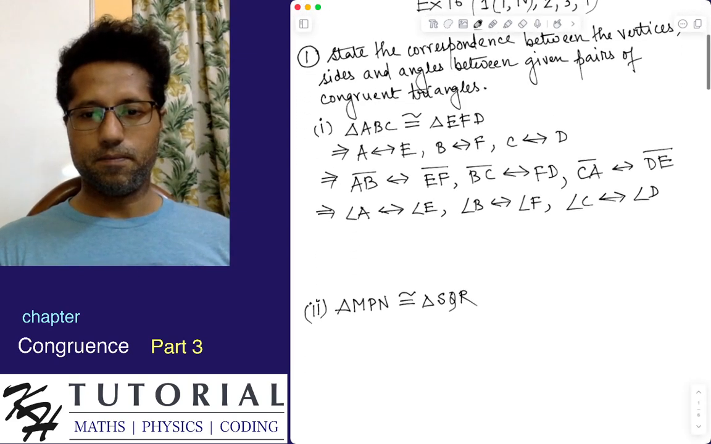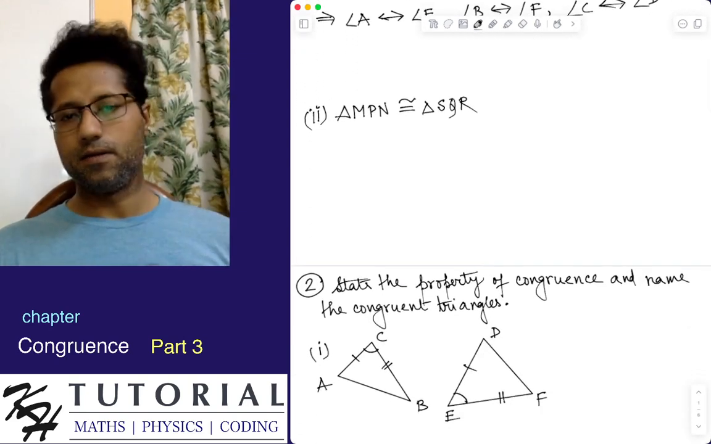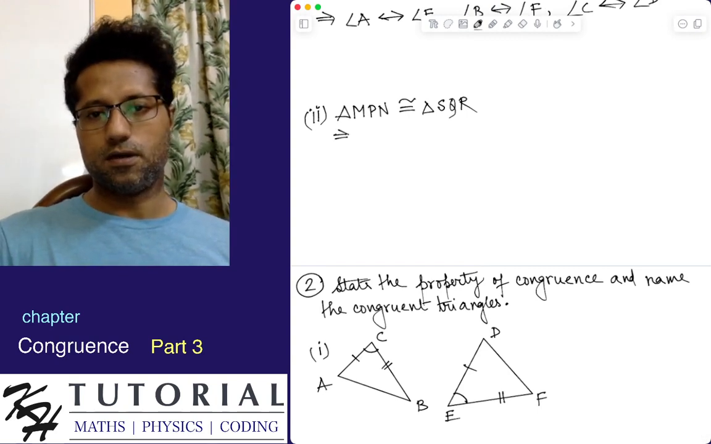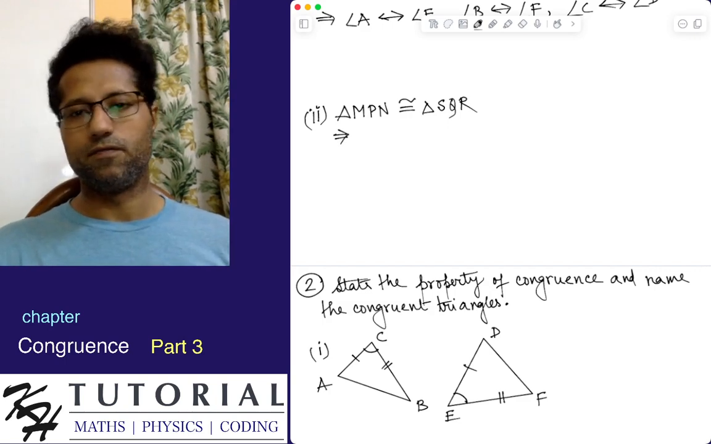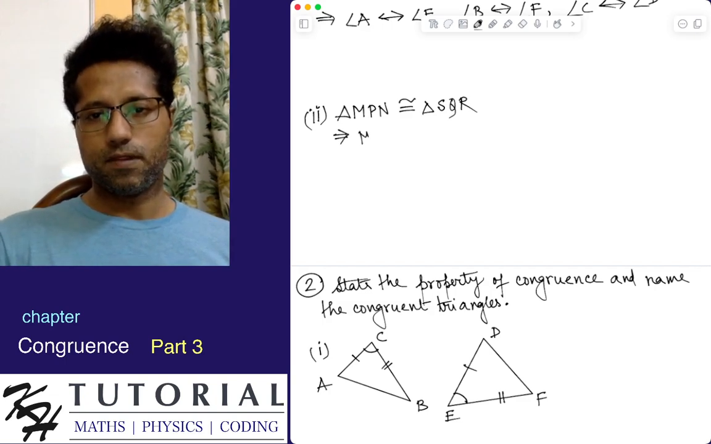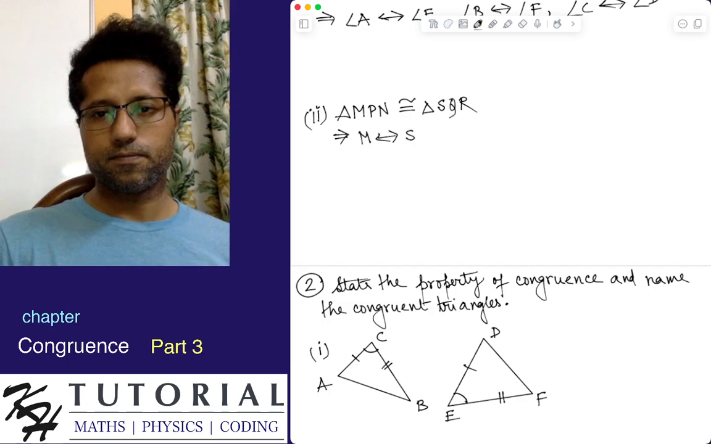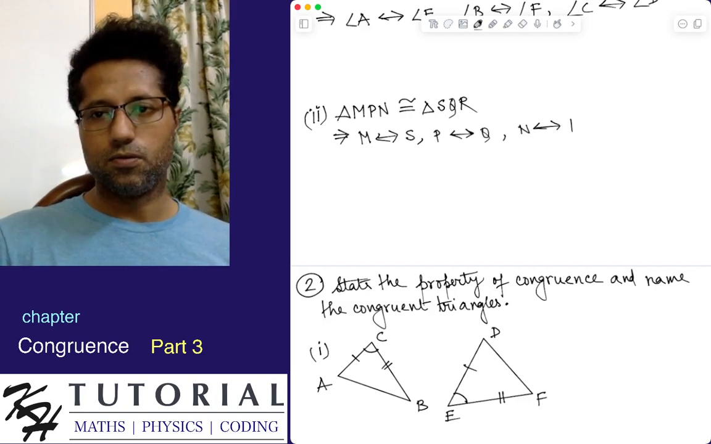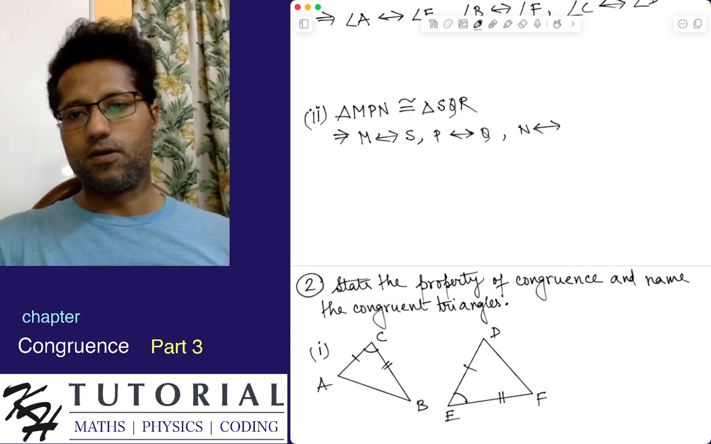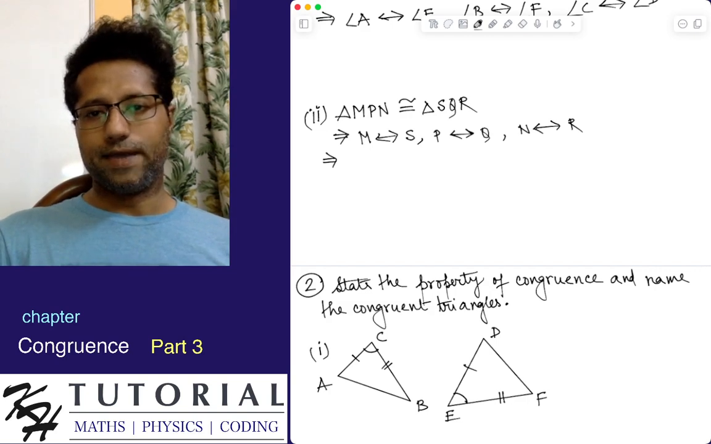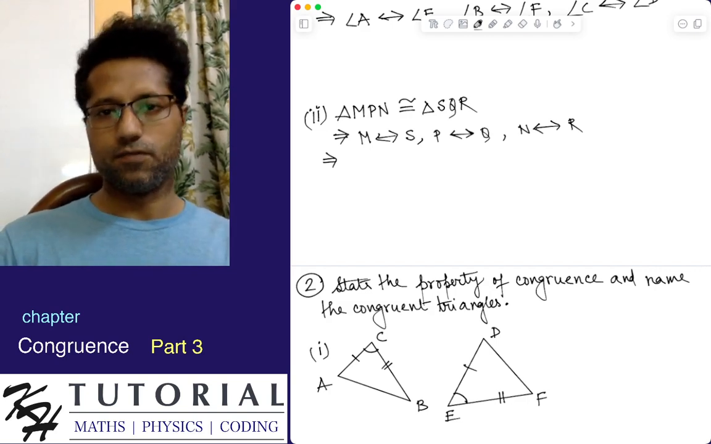Okay, let's see part 2. We have triangle MPN is congruent to triangle SQR. So first let's write down the correspondence of the vertices. Definitely, as I explained for part 1, M will correspond to S, P will correspond to Q, and N will correspond to R. About the sides, if you take two letters at a time from both the triangles, you will get MP